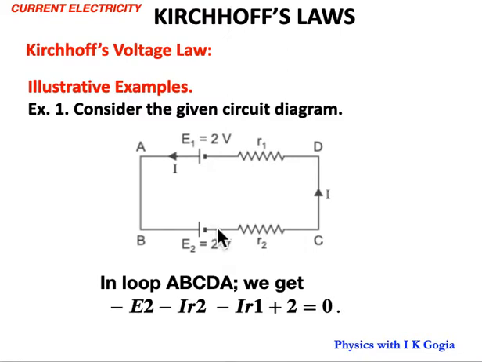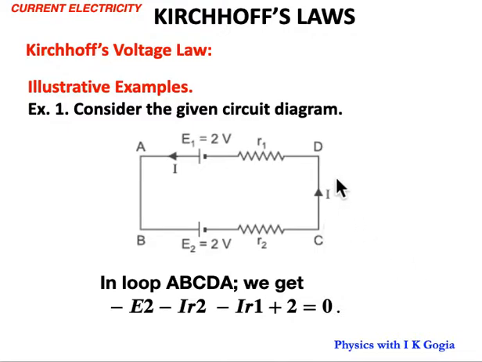There is a potential drop which we have to take as negative. So, we write minus E2 or 2 volts, whatever the case may be. And here we are moving along the direction of current through this resistance. So, again there is a drop in potential. The potential difference here will be IR2, and since it is a drop, we will take it as negative.